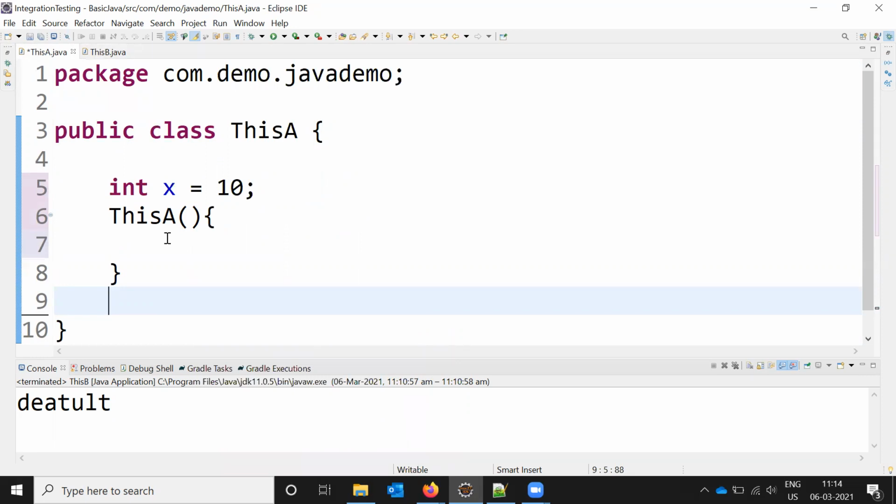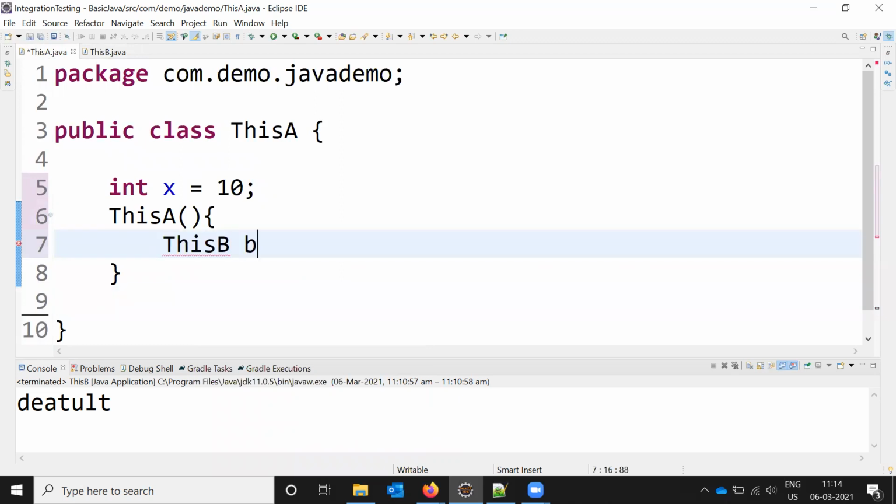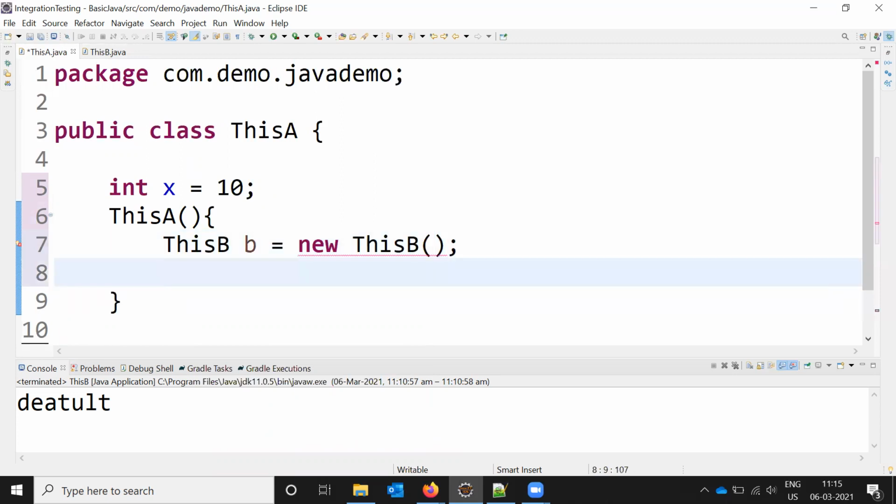Here the class A instance is presented, and here is class B equal to new. In the constructor place, I'm going to create the class. Every time we are going to get confused by this one, because it's a bit complicated to understand. And because this is the one, it refers to the this keyword. And B dot display, I'm going to showcase.